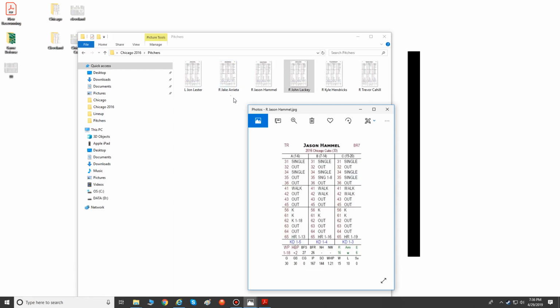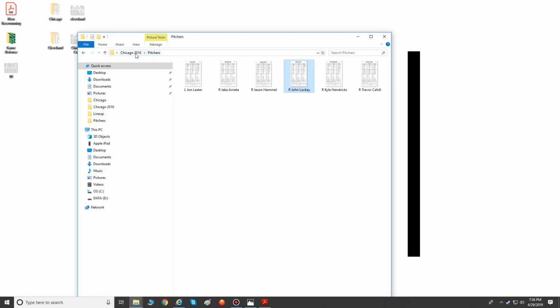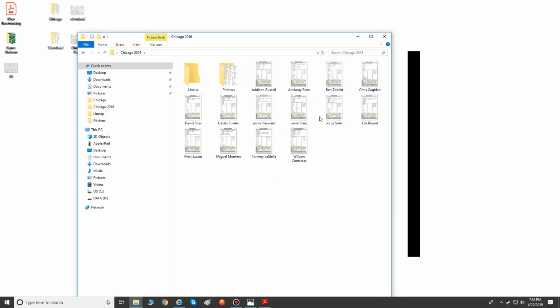So if you know, oh, I'm looking for, say, Kyle Hendricks, you're going to go to the K section, right? So we're J, K. Oh, there he is. So that's if you don't put the lefty-righty in front. All right, so we've got our position players, we got our pitchers folders, we have our lineup folder, but nothing in it. So what I normally do at this point is I go, okay, I'm going to get my players for the starting lineup today, and it's going to be Montero, Ross, Fowler, Heyward, Rizzo, Baez, Zobrist, Bryant,